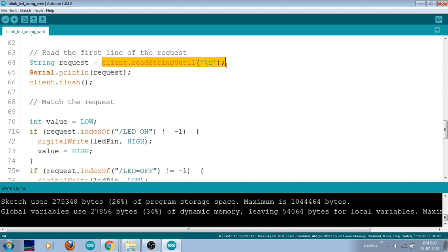But in this case of home appliances, I'm not going to use my system, right? So where do I store my HTML coding and all? In the sense, I'm going to create this particular web server from the NodeMCU itself. So for that I'm using this command client.println. So whenever I'm using a client.println, automatically it creates a web server step by step from my NodeMCU itself.